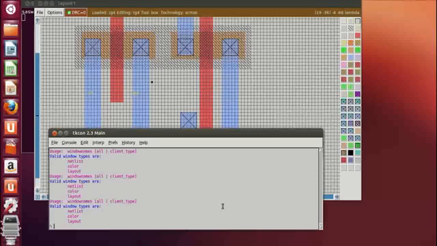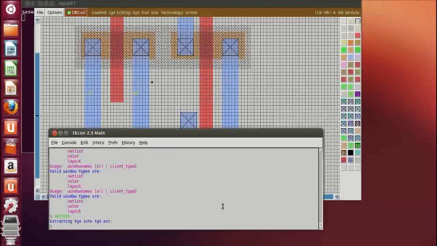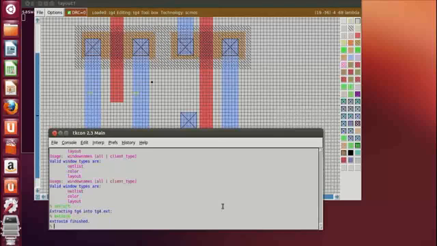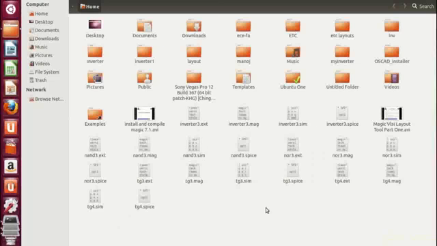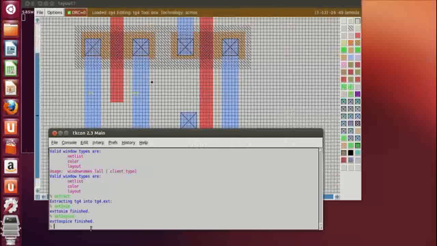Now the same procedure, extract. So extract the sim, then ext2. The next file will be from extract. After the ext file, we'll extract it to the sim file, ext to sim, and then ext to spice. So we have tg4, sim, spice, magic file, and the ext file. Okay, now if we want to exit,